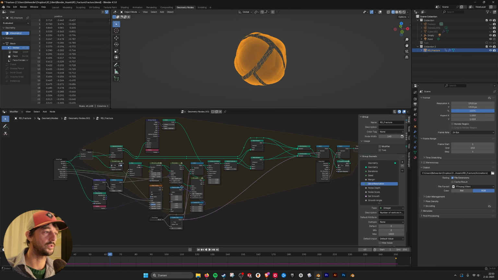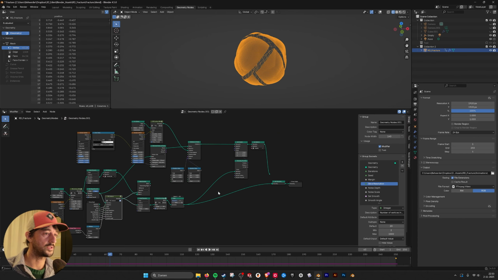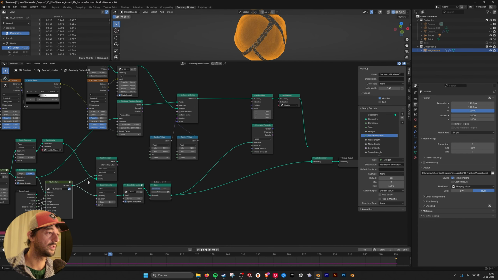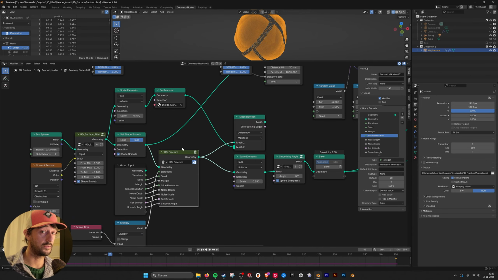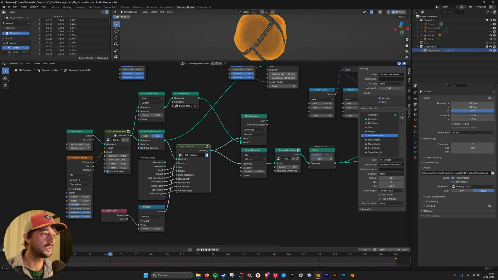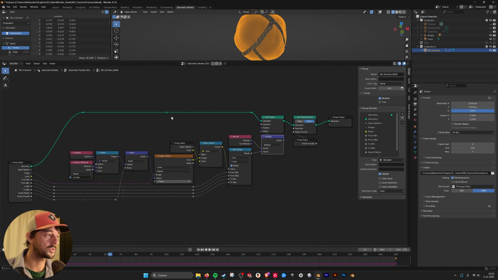And if we go into the geometry nodes, here this is what I did. Everything is in here. This is the fracture tool now, and I'm taking an icosphere and I'm using a surface relief and a Voronoi texture, and this is how that looks. I'm using that also within the fracture node, and I'm using the input value. You can also use it with an image, but here I'm using it with an input value, and then I'm